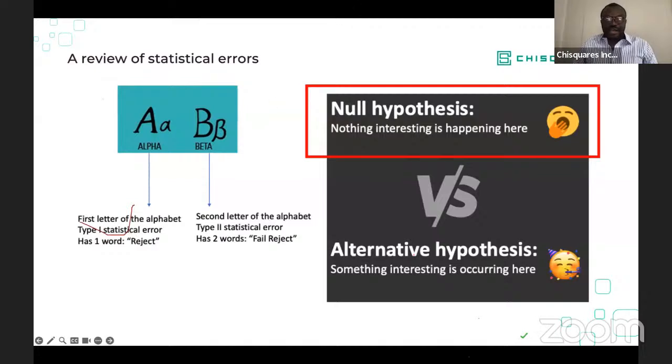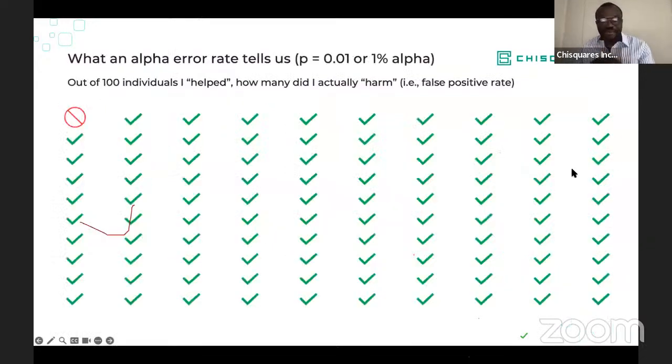So now let's explain the concept of hypothesis testing, because you cannot talk about regression without talking about hypothesis testing. When we test hypotheses, we usually have a null hypothesis and an alternative hypothesis. The null hypothesis is that nothing interesting is happening here. That's why I see the guy yawning, right? It's like, geez, this is so boring. Nothing is happening here. The alternative hypothesis is that, oh, there's a party happening here. Something very interesting is happening here. So that's how you want to understand the null and the alternative hypothesis.